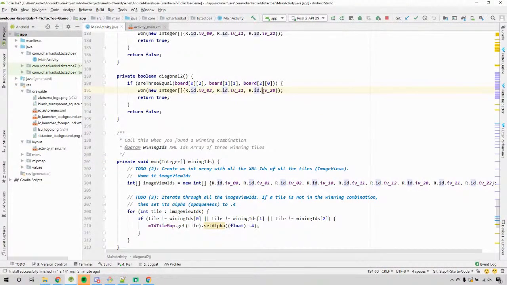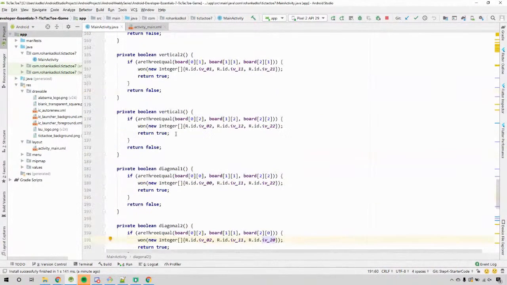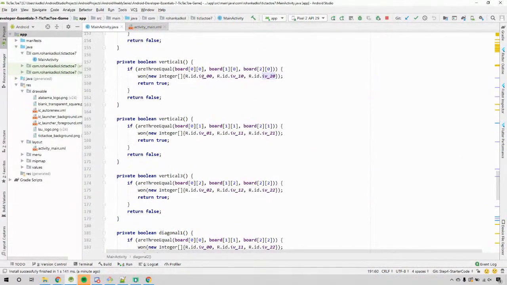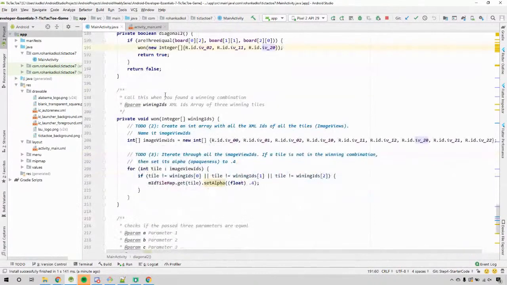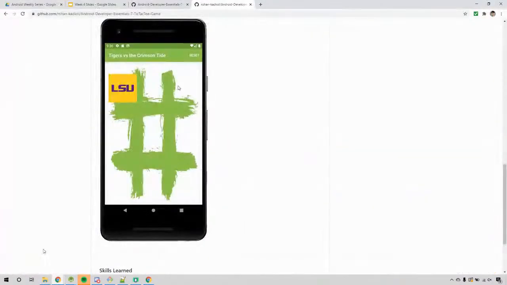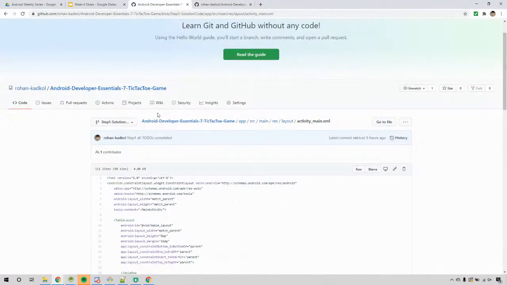Okay. So this was winning in vertical 1. So 00, 10, 20. The code seems fine. It calls check one with 00, 10, 20. We cycle through all of these. The tile is not equal to correct. Set this. Set alpha. So again, there's some small bug, and to save time, what we can do is